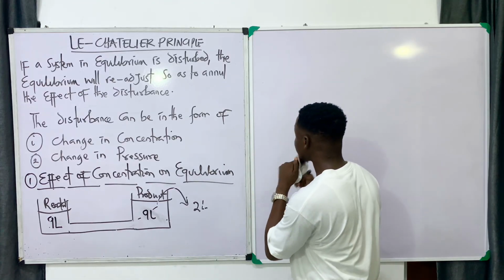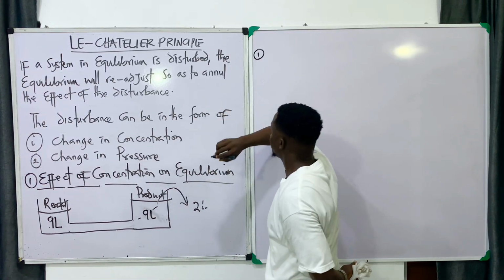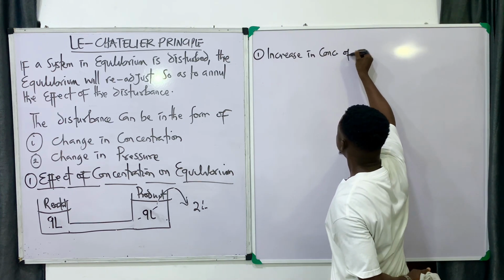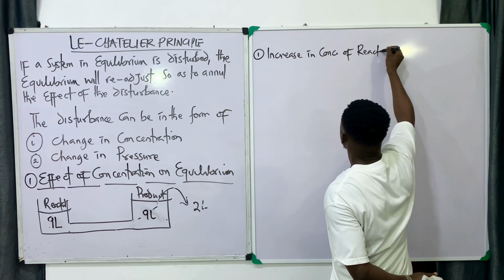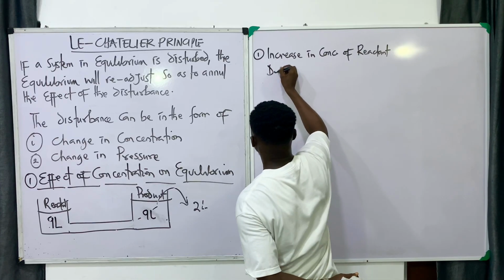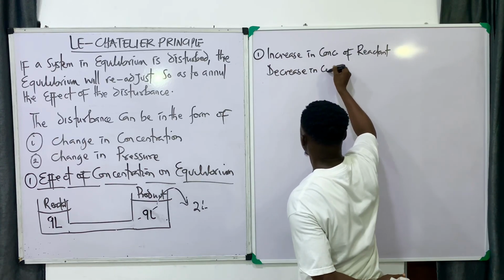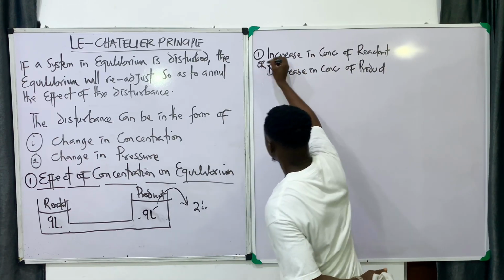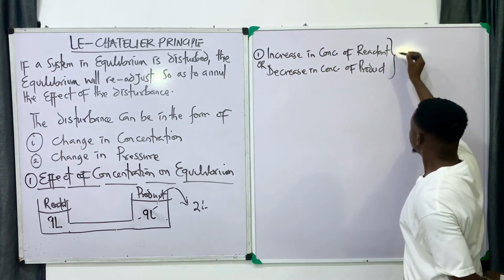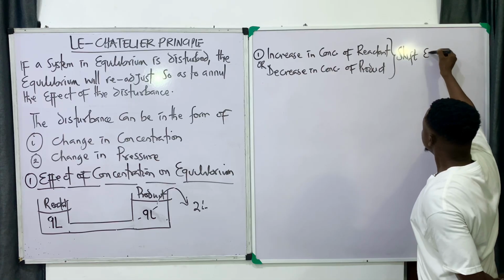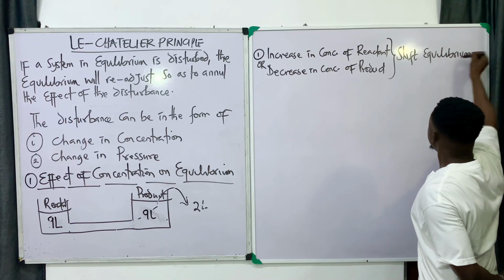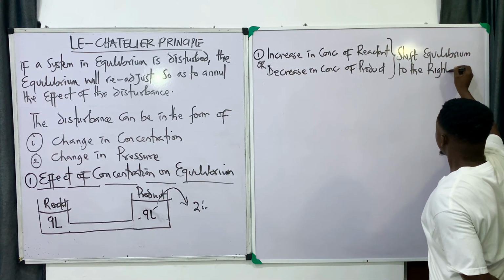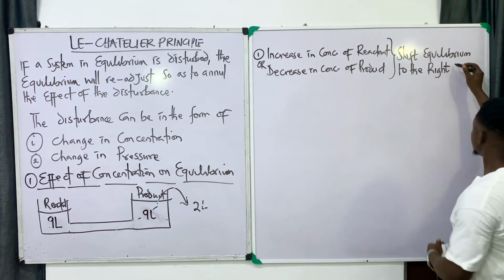So therefore, I'll say an increase in concentration of reactants and a decrease in concentration of products shifts equilibrium to the right. That is from left to right. So that is the forward